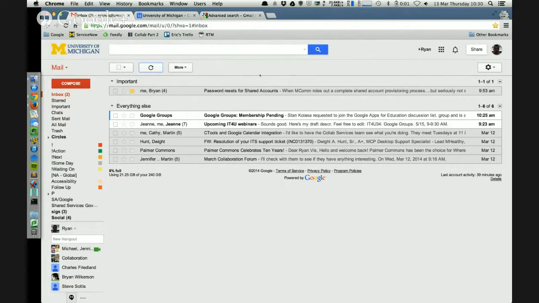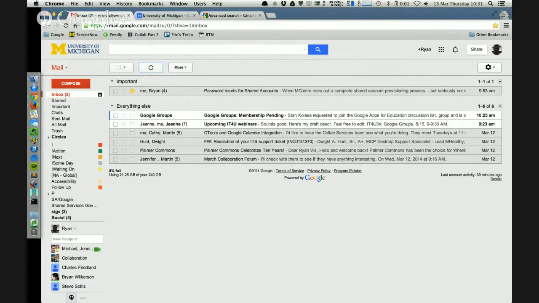Anyway, back to inbox mode. So the inbox has a number of modes that you can use. This is called Important First. There are a bunch of them. To get to them, if you hover over the inbox label, you'll notice there's a little down arrow over here. Google loves little down arrows. Hover over things in your interface, you'll probably see down arrows lots of places.